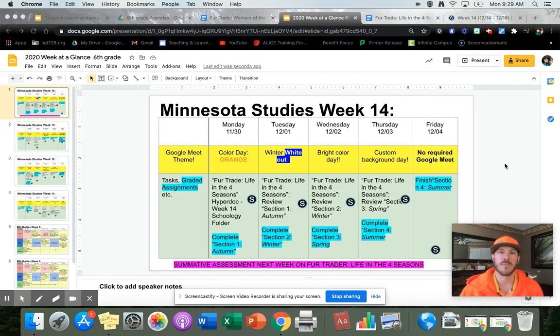That game ultimately was also their summative quiz last week. So instead of doing a multiple choice, normal quiz like we've done before, the students actually played the game. So the playing of the game was the actual quiz. There are a number of students who have not done that yet. That was what was assigned for last Friday. So if Infinite Campus right now says missing for that summative assessment, students who have not done that really need to get on that because they're behind a little bit now.